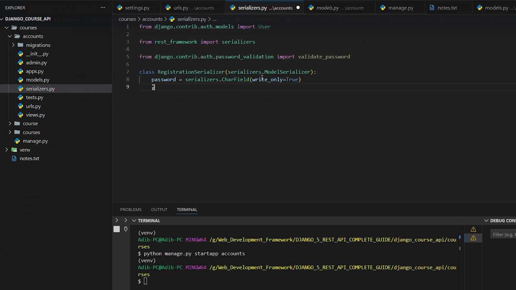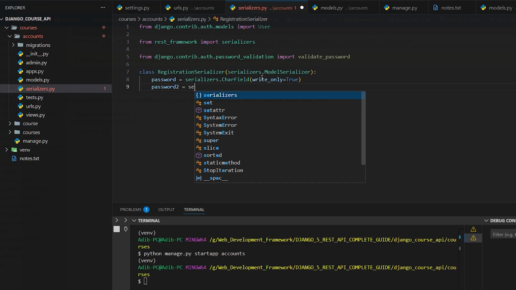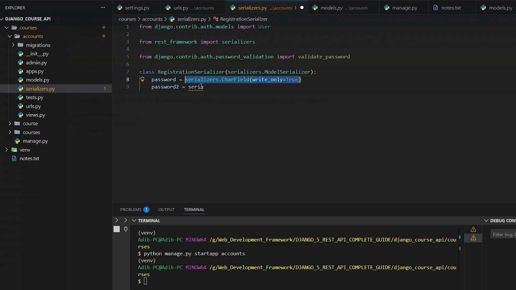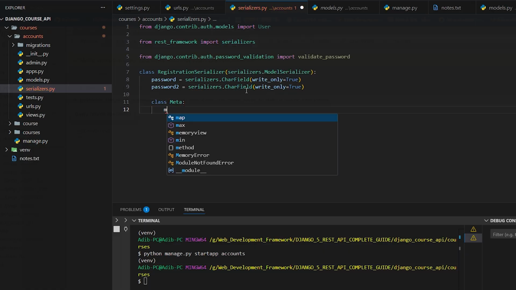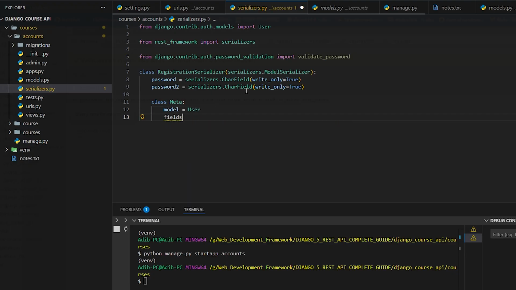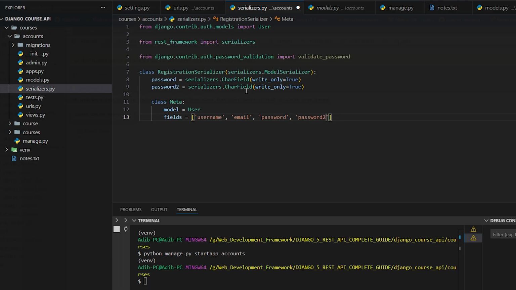True. And then we have password2. We need 2 passwords during the registration, and we're gonna do the same thing. We can just copy the same stuff and paste it. Beautiful. And I'm gonna add class Meta as usual, and our model is the user model, and these are the fields that we want. Here we want to show username, and we need to add email and password. So these are the fields that we're gonna need during the registration process. Password2. Okay, and then we have the validation